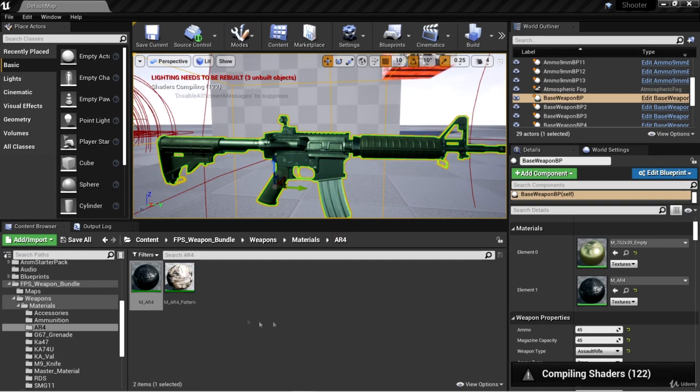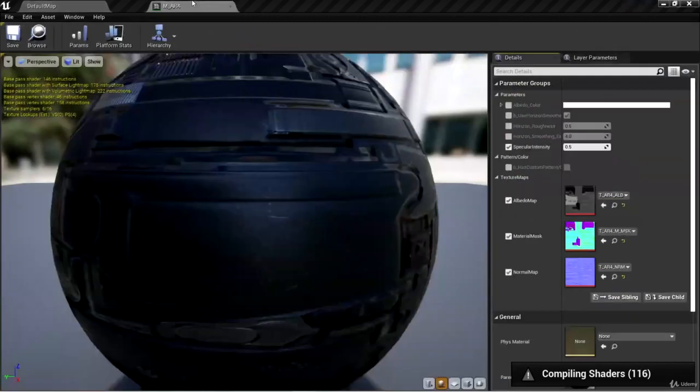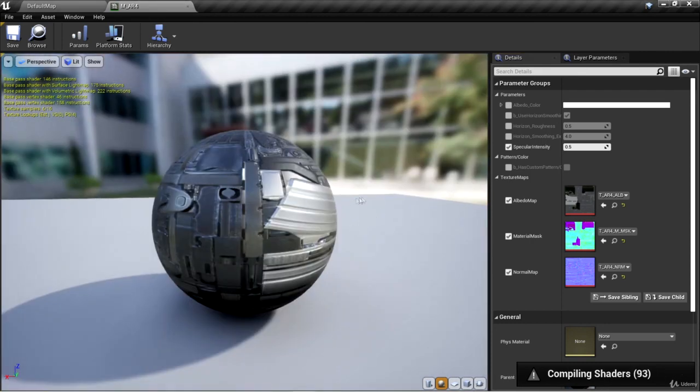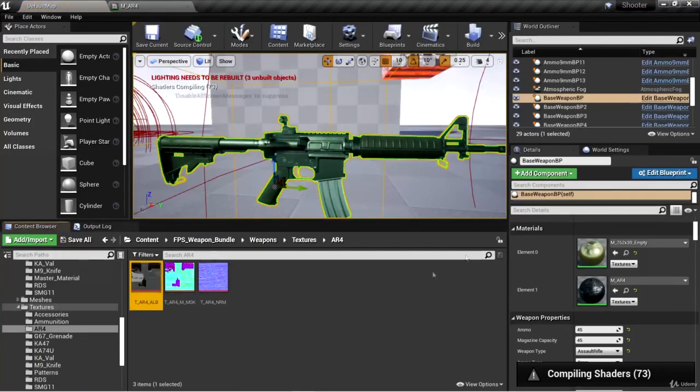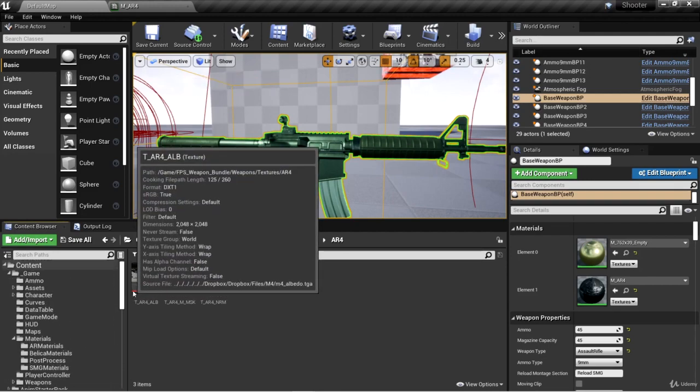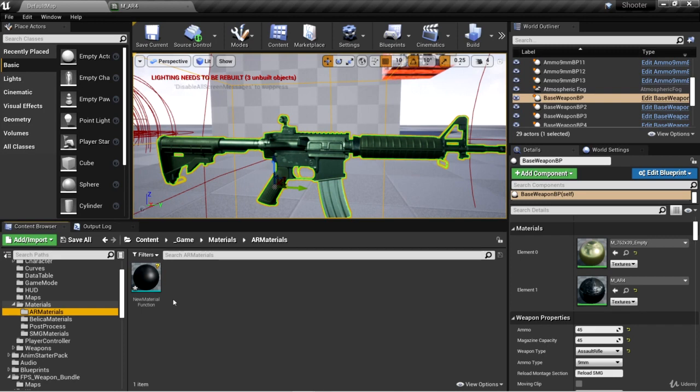You'll see that MAR4 is actually a material instance. It's based on a material that uses these textures, and we can click Browse to Asset, and here are these textures. So we can create a material function using these textures. Let's go back into our folder we created called AR materials, and let's create this material function. I'm going to rename it and call it